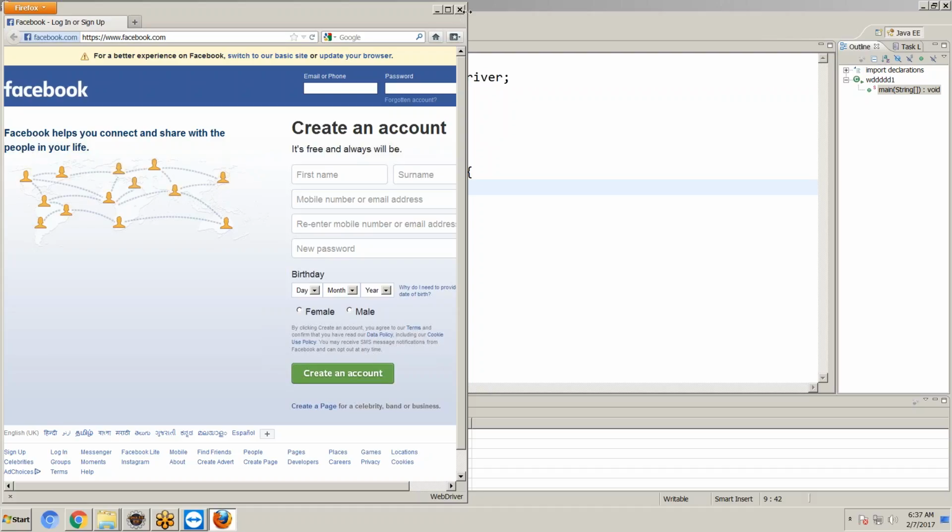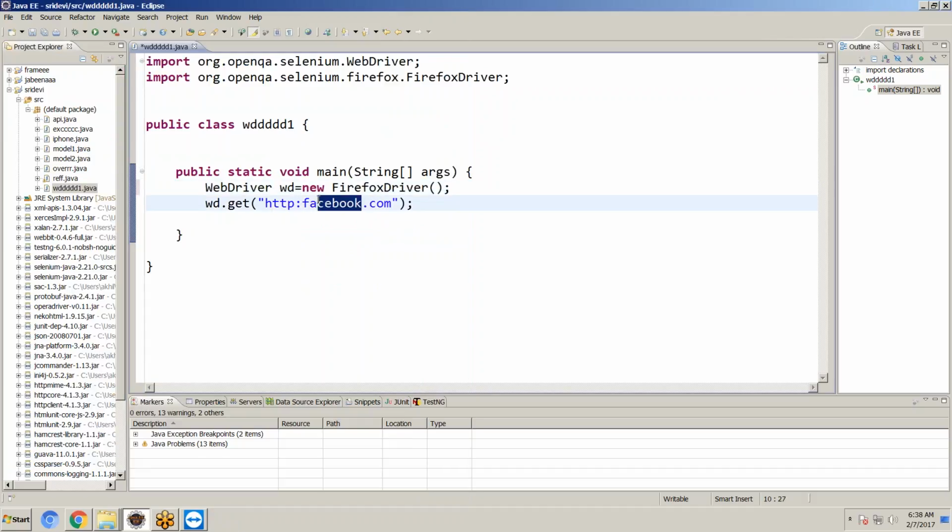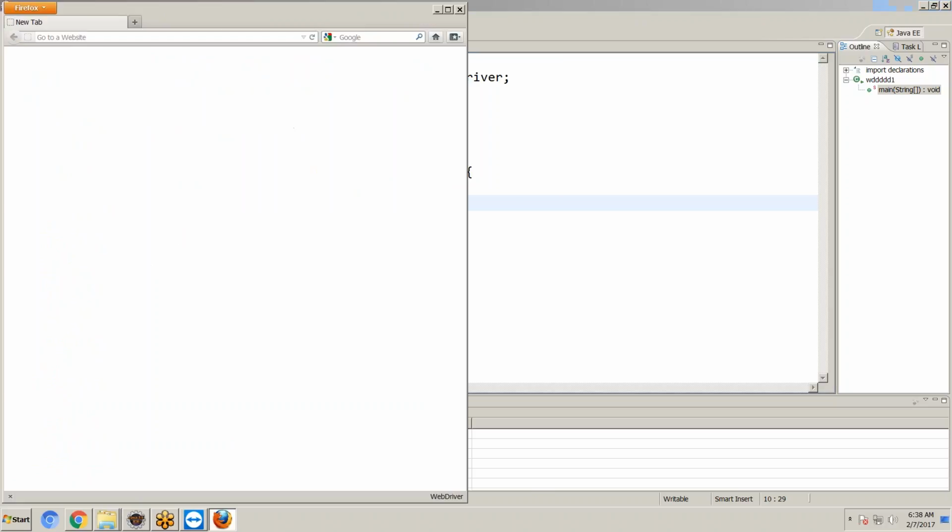If you want YouTube, just give youtube.com, save, and click on run. It will open the YouTube page.